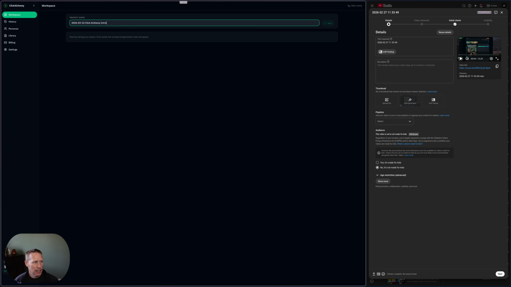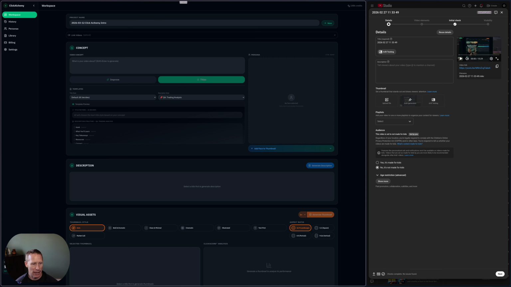I don't have to capitalize that, but that's what I'm going to do. And then when you tab away, hit enter, whatever, it's going to then load your workspace. This is going to be your workspace. So the concept